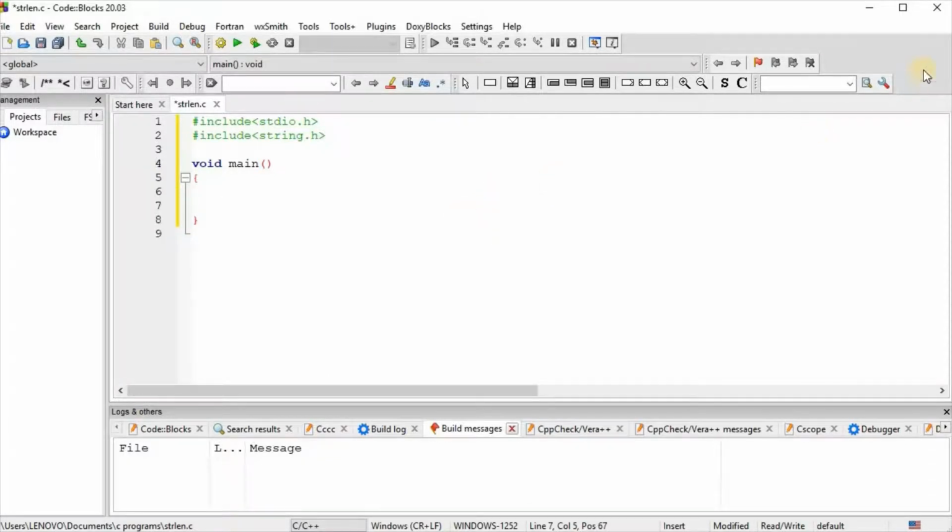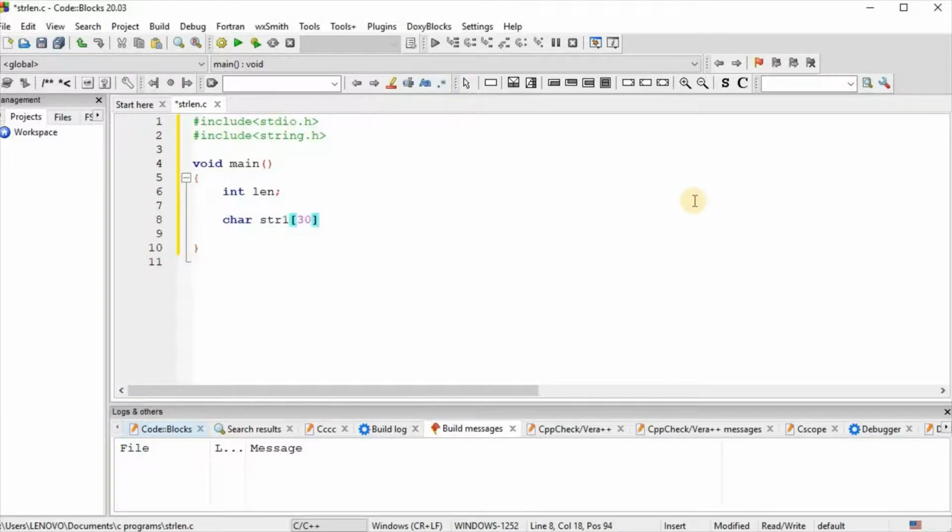Main function. An integer variable len, because we will get the string length in number format. We are taking a string, so we have taken a character array str1 with size 30.